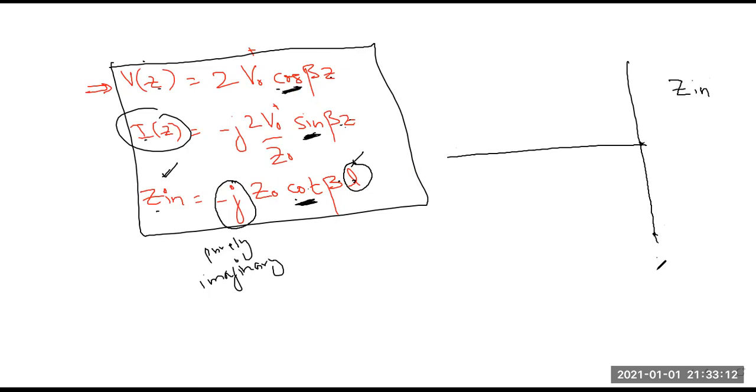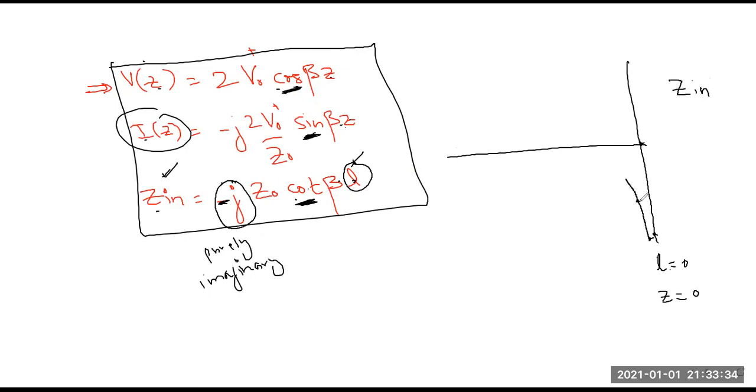At this point where L is equal to 0, you will get a maximum. Let's consider that you get minus infinity, so the impedance will be infinite. But as L increases,